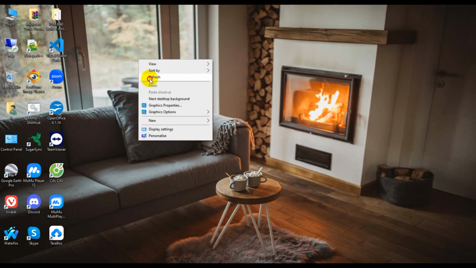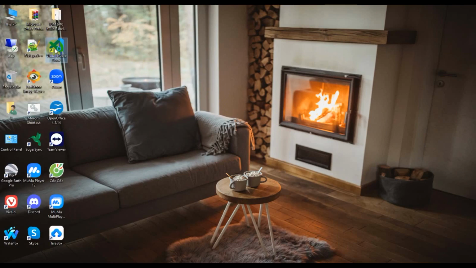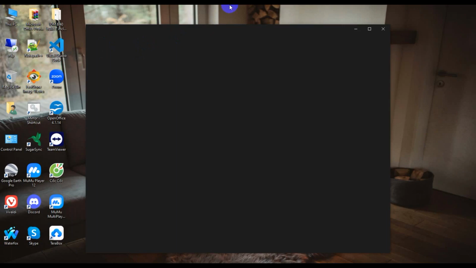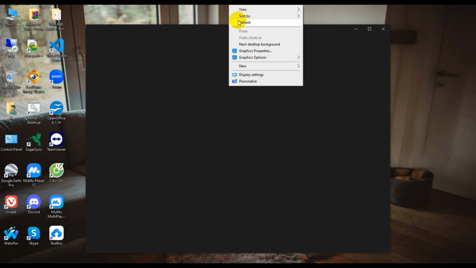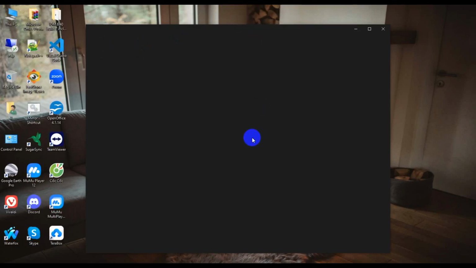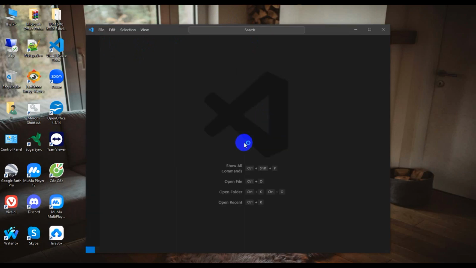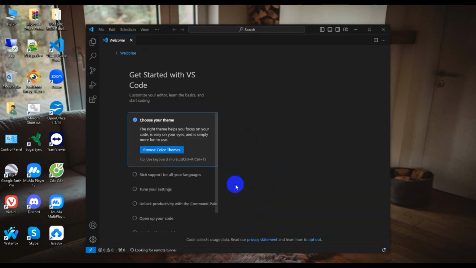So today I'm opening Visual Studio Code. This is a program from Microsoft and you can easily use it. So I am waiting for a response. So the full app opens. Now, to show all commands, press Ctrl+Shift+P, and open file